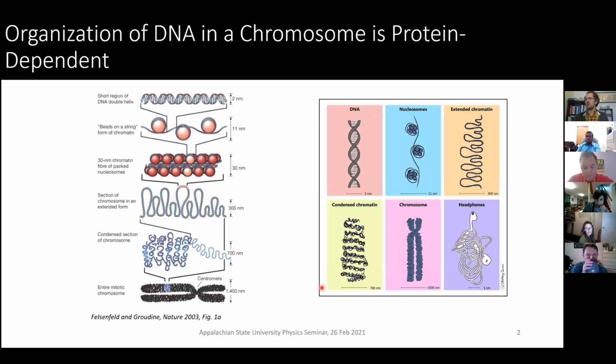I love this picture only because it reminds me of just how ridiculous it gets when you don't pay attention to your headphones. It's the same type of organization. It's this coiling that's going to occur. And it's this higher order packing, so that once it becomes this coiled structure, you have better packing in a smaller volume. But chromosomes are not the only type of form that exists for DNA, especially in higher ordered organisms like humans and mammals and whatnot.